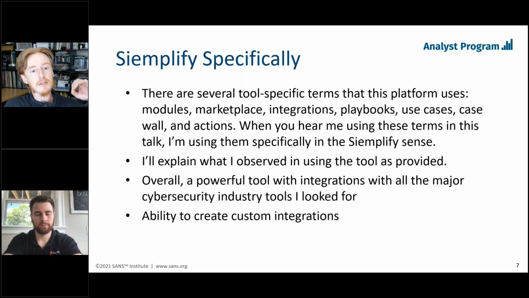So when I'm using these terms in this webcast, I'm basically using their version of this technology. And this is a problem for us in cybersecurity to not have the exact same nomenclature, because actually my term use case is something that I like the way that I use it. And that causes a problem for other people too.